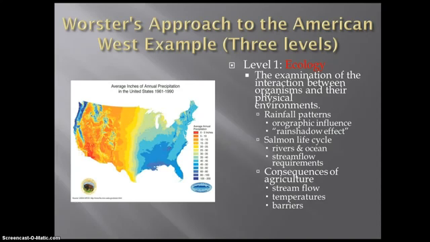If we have taller and greater cover, tree cover like cottonwoods and things like that, those are providing shade, which is helping to keep the water cool. Salmon like cooler, colder waters, and if you strip that area, whether it's due to farming or grazing of animals, that's going to have negative consequences for our salmon. So we need to know these things, these relationships. And Worster challenges the environmental historian to become at least a passable ecologist.